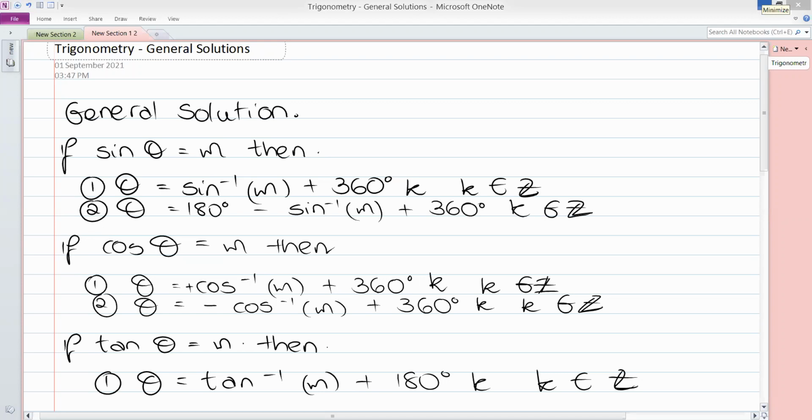General solution. So for sine, you're going to have two general solutions, right? I also did a similar video last week, so I'd also recommend you go and look at that video to explain why we're using two general solutions, okay? For sine, remember, it is,